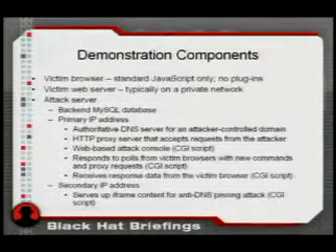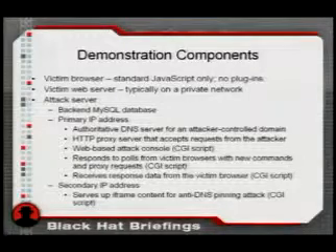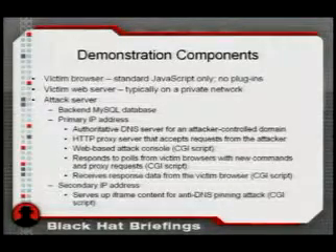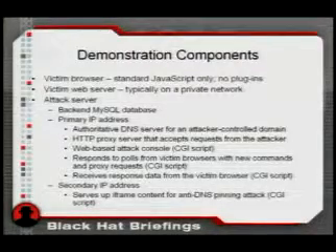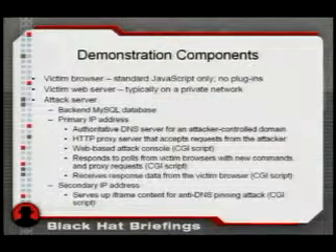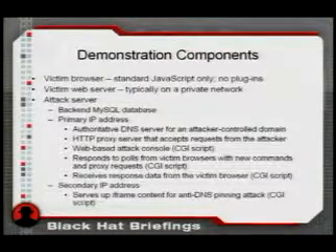There is finally a multifunction CGI script that does a number of functions. It will present an attack console to the attacker, a web-based console for issuing new commands. It accepts polls for new commands or new requests from the victim browser, and also accepts response data from the victim browser. On the secondary IP address, the CGI script will actually serve up the payload that's being used to perform the client-side logic for the anti-DNS pinning attack. Now, it's important that there be a secondary IP address because while the secondary IP address is firewalled off to simulate a web server outage, the primary IP address still needs to be available for command and control functions.